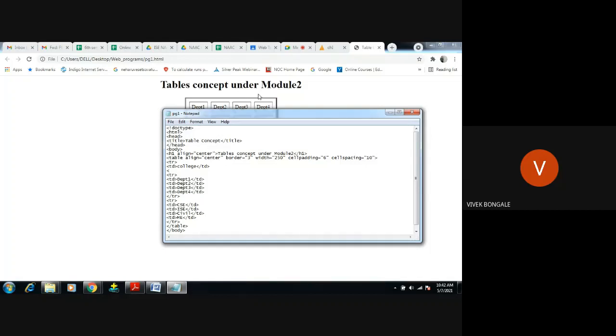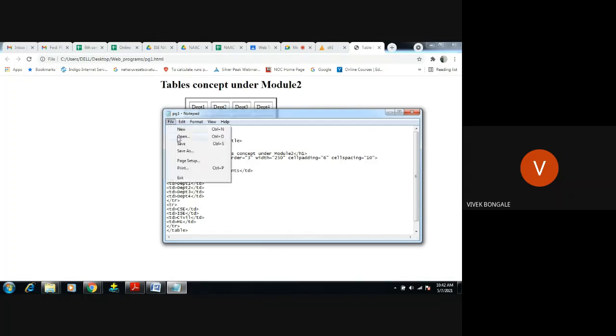You just see here, table data, I want to use the column span keyword equals 4. Then I want to display this content, departments, under this table data. So I'm going to close this table row.